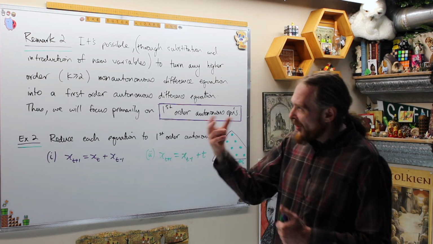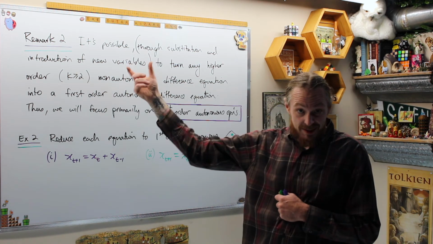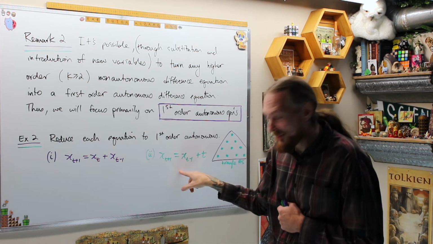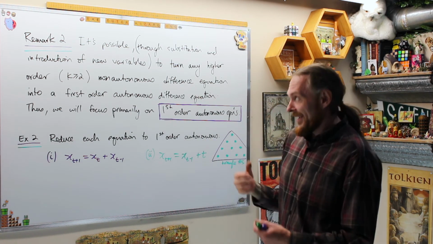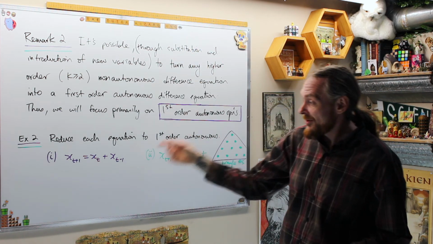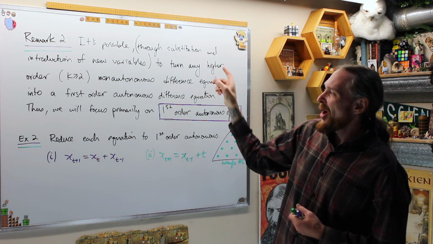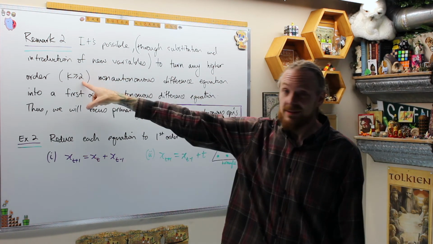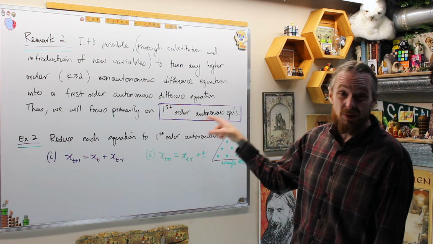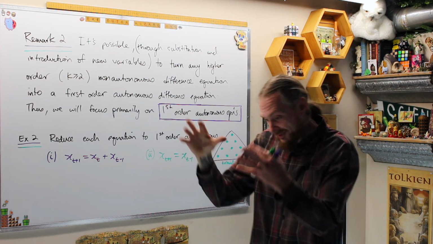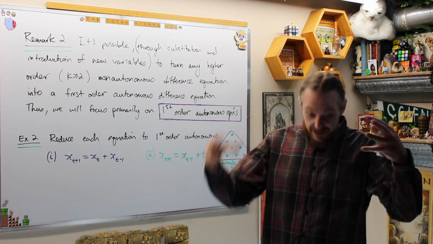So to finish off, one more remark, remark 2: it's possible through substitution and introduction of new variables into the system. I'll do a couple of examples so you see what that's saying. Or we're going to increase the dimension of the state space, fancy terminology. Basically, we're going to introduce new variables into the difference equation. What is that going to do? Long story short, we can always turn a higher order, so if the order is 2 or larger and possibly non-autonomous, we can always turn that into a first order autonomous equation. Therefore, when we're studying general difference equations, if they're higher order and non-autonomous, we can do these clever substitutions,